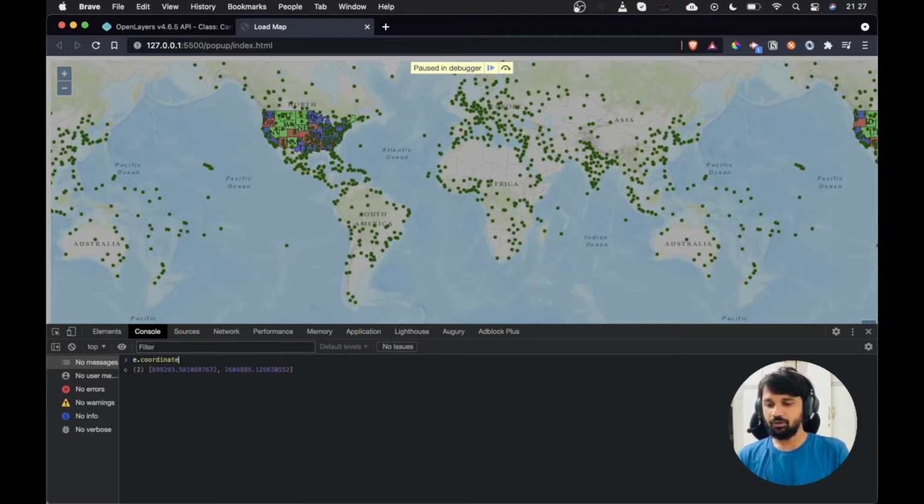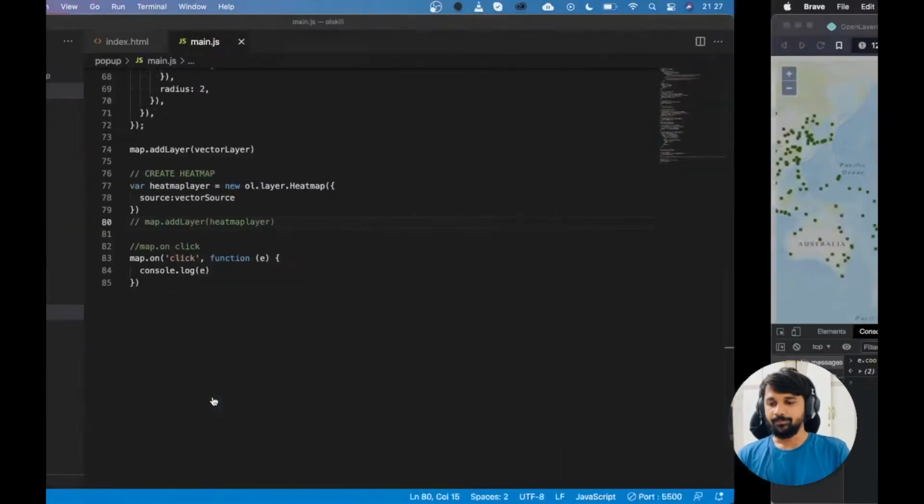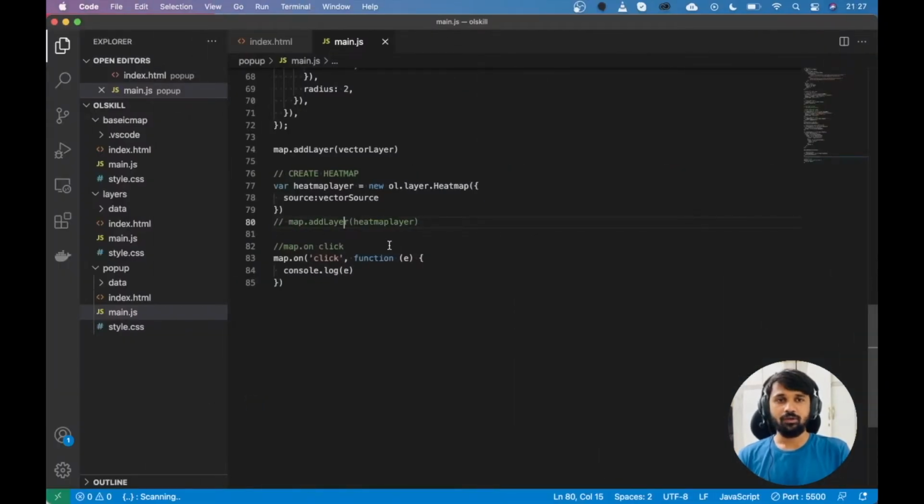If I go e.coordinate, I get the exact coordinate where I clicked. This can be really helpful for us, right? Okay, now let's think about what are the ways we can capture the click on vector data and then what are the ways we can do the same for the raster data.